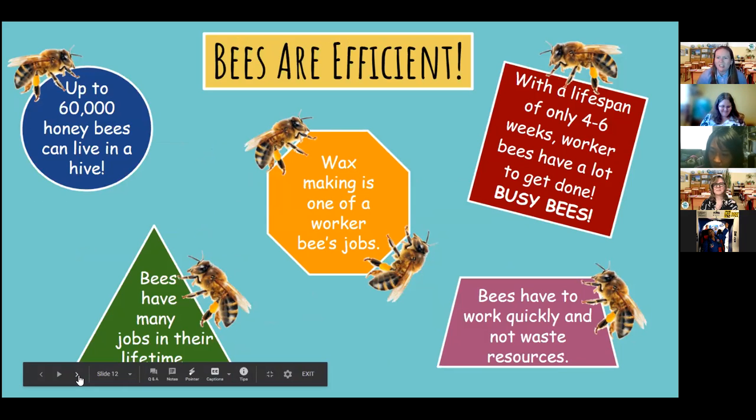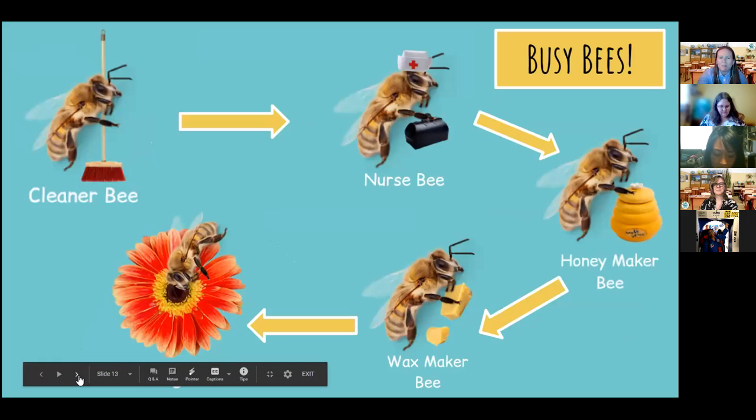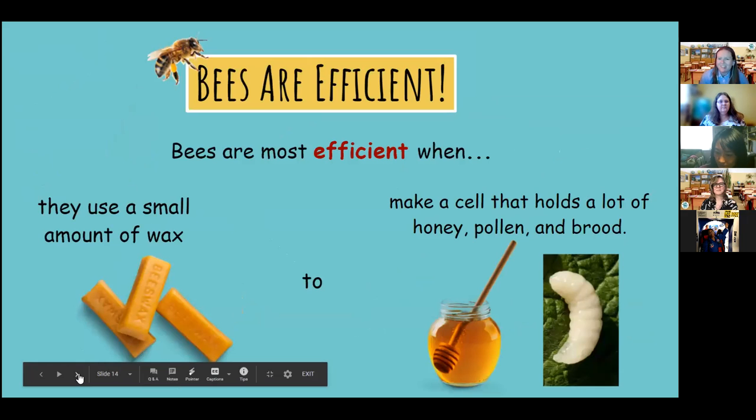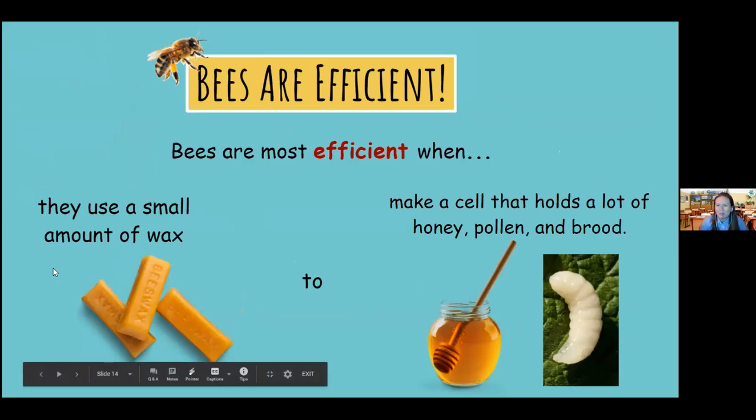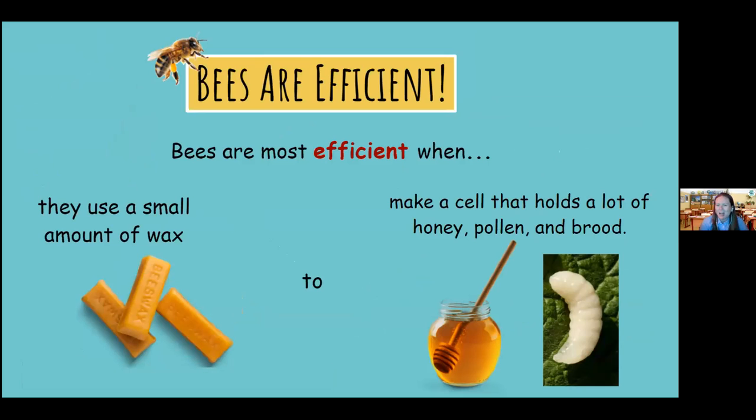So the students engage in the STEM mindset as we work through the engineering process and thought processes to make a claim and realize that it is actually a reason. We talk about efficiency with resources. We talk about the jobs that bees do throughout their lives. Many students find it amazing that bees start their work the day they are born. They do not like the idea that if they were a bee, they'd have chores right away. Okay, and we talk about the fact that bees need to be efficient with the wax that they make and all the hard work that goes into it,